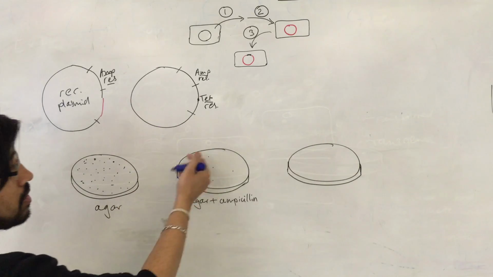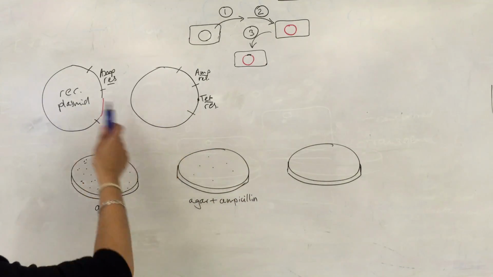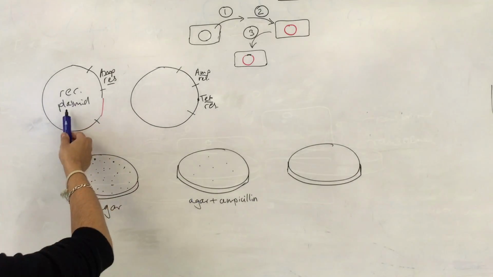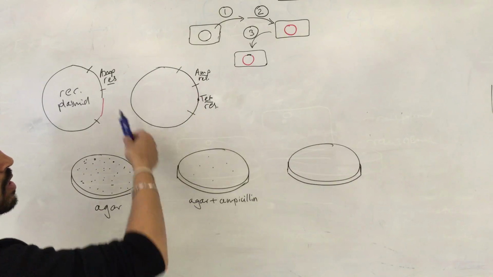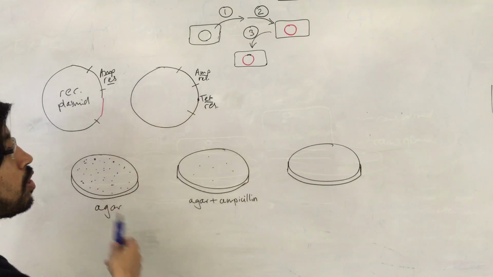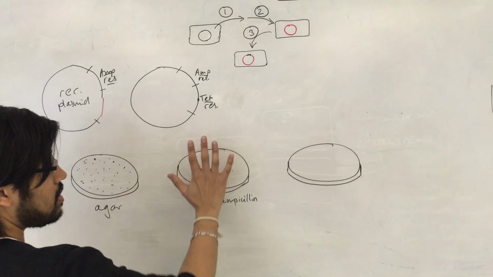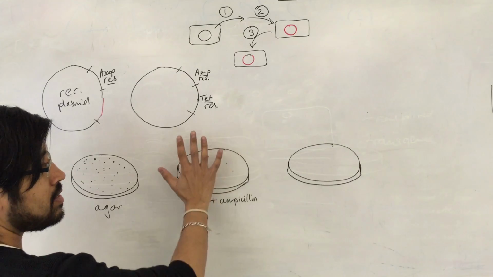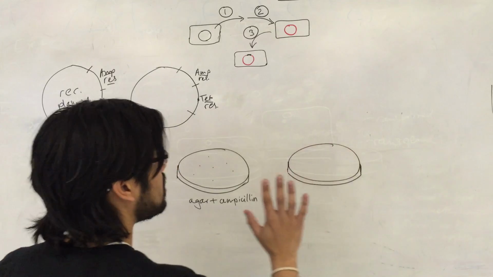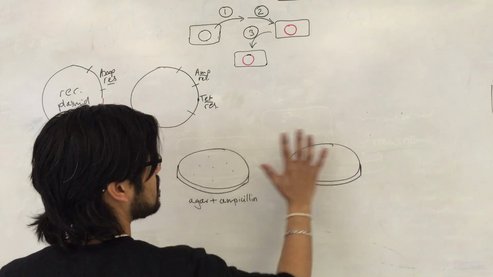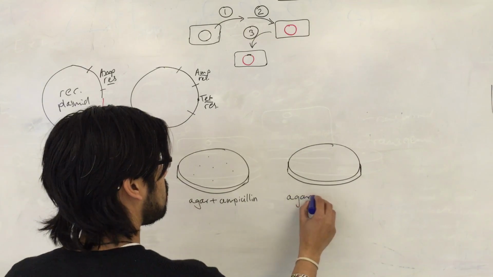But of all these colonies, we don't really know which one contains the recombinant plasmid and which contains the regular non-recombinant plasmid, until we lift these colonies exactly in the same position by pressing something down on this plate and then pressing down on this plate, so we transfer the cells from there to there, and this plate contains agar plus